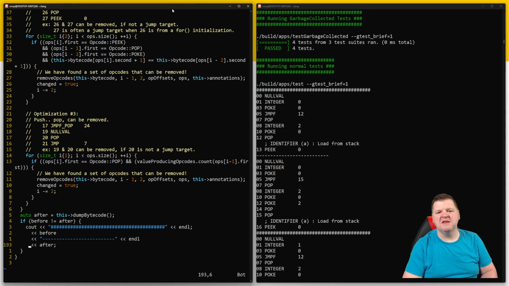That had nothing to do with any of this, just running it. Poke, pop, and peek. I should have gotten rid of the poke and peek. Integer, poke. Yeah,